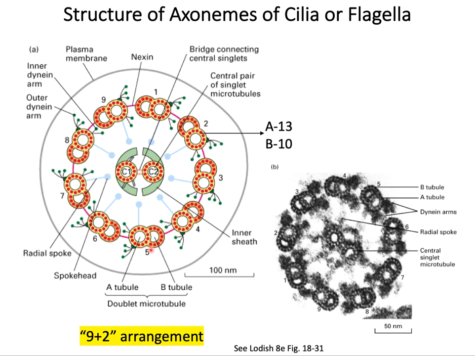Each of these doublets is made up of an A tubule, which has 13 protofilaments, and the B tubule that has 10 protofilaments. And then you have 2 singlet microtubules in the center stabilizing the whole structure. This is often known as the 9+2 arrangement because you have 9 doublets in a circular pattern and 2 singlet